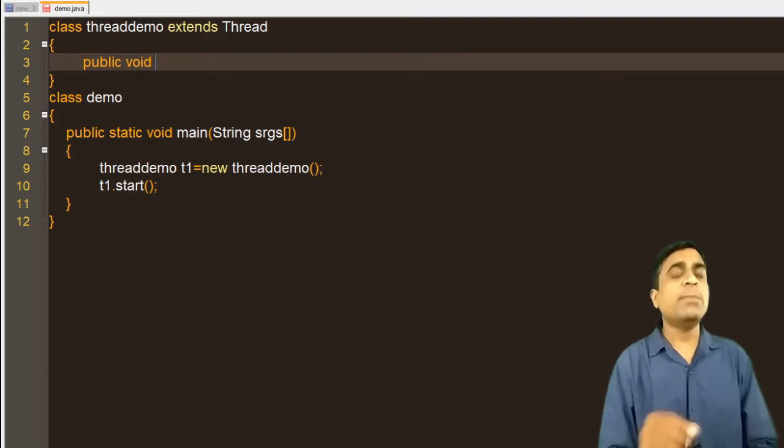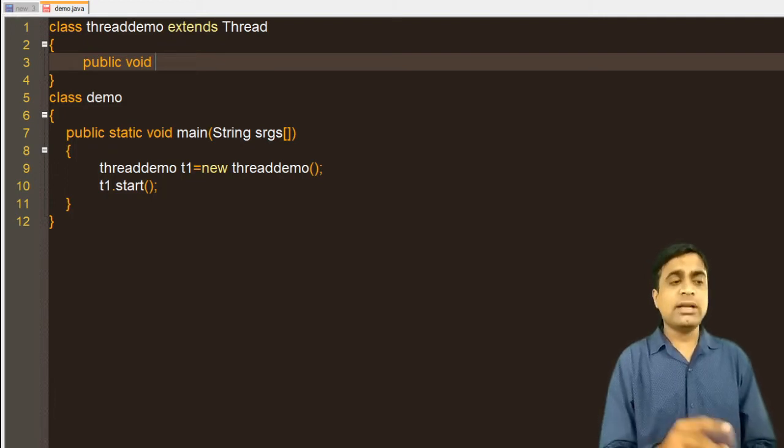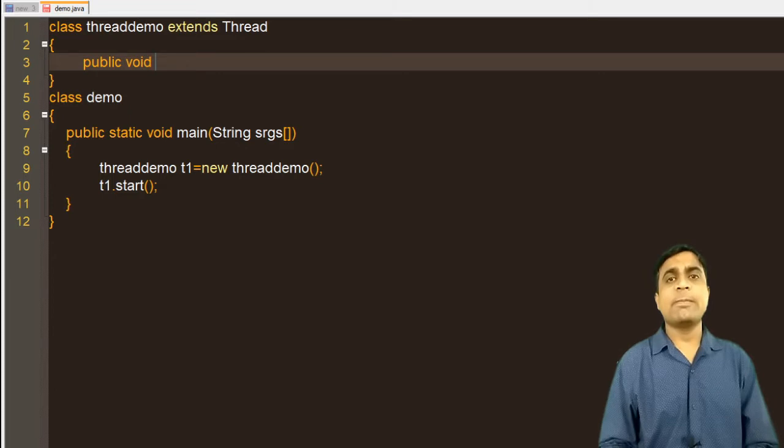Why are we writing public in this method? Because the run method is by default publicly defined, so whenever you override that method, you do not change its access specifier. That is why I am writing public here.